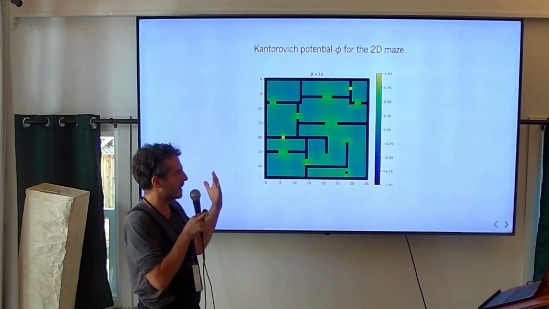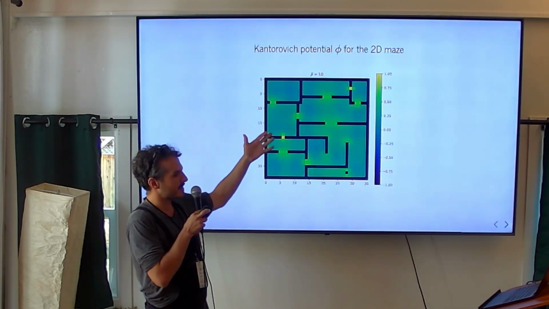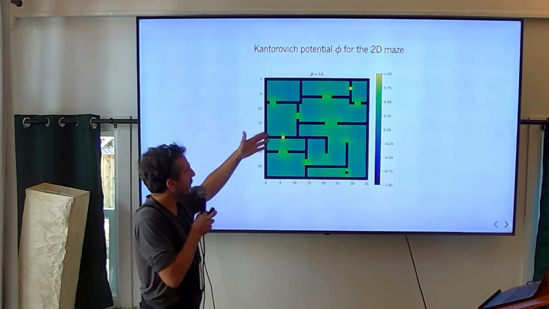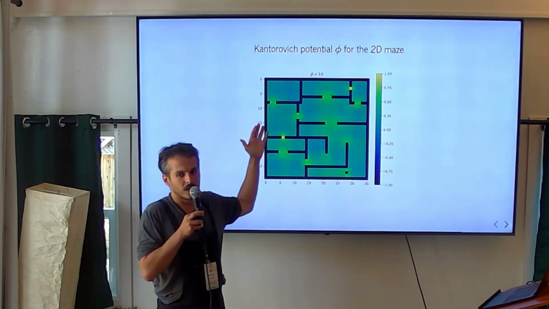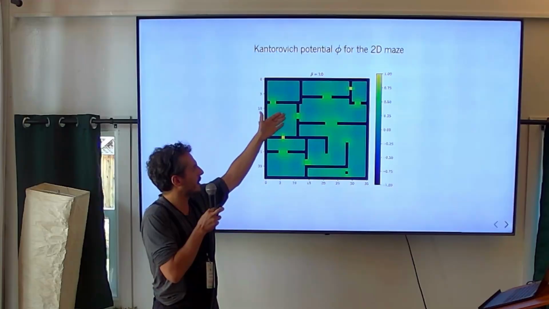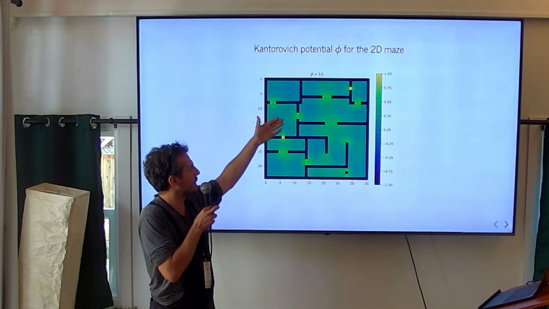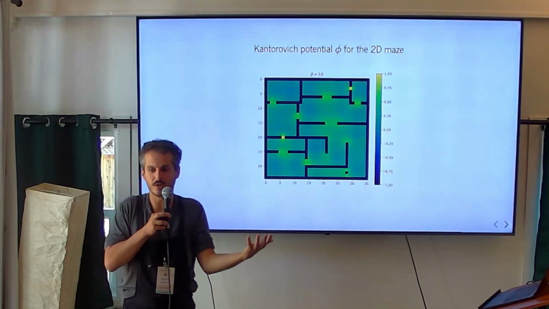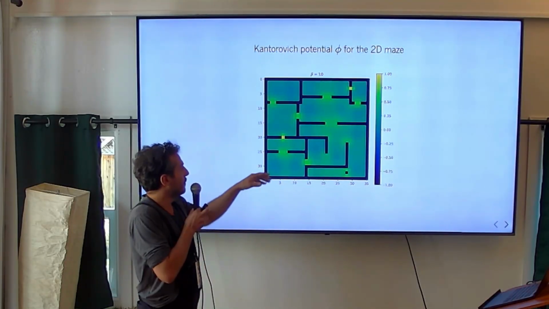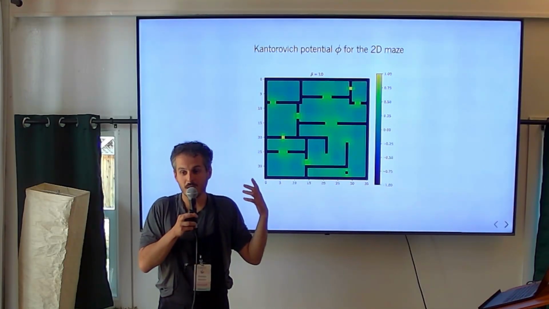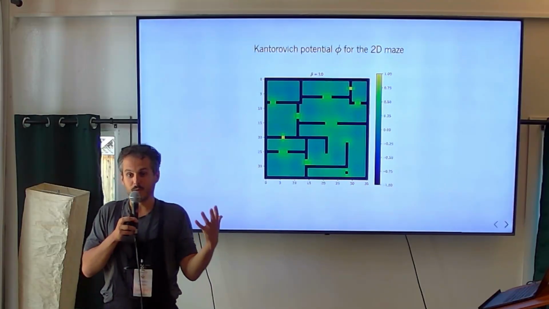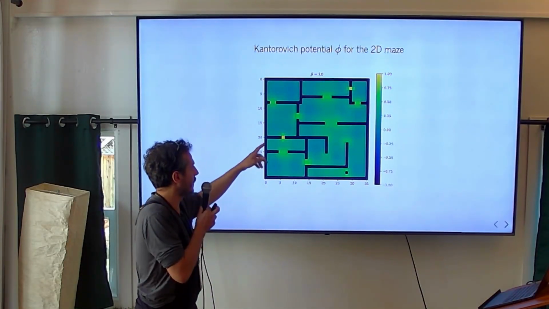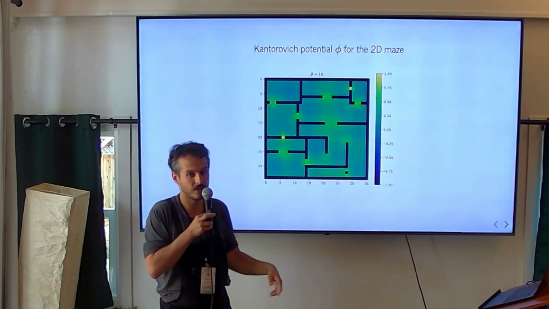The way I understand it is that we can think of this as the costliness of coarse graining a given state. If we're in the middle of the room, then it doesn't really matter. If you coarse grain everyone in the room more or less, smudge them all together, it doesn't really change your predictions. But if you're at a doorway, there are two very different futures that are accessible to you. One you go in this way, and one you go in this way.